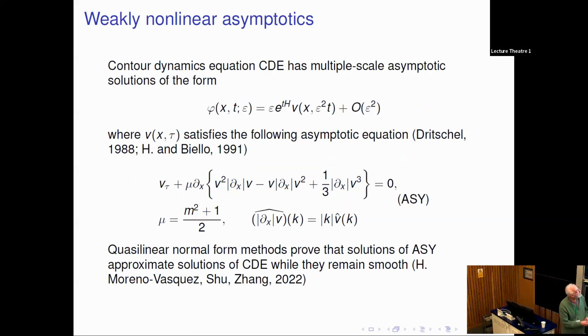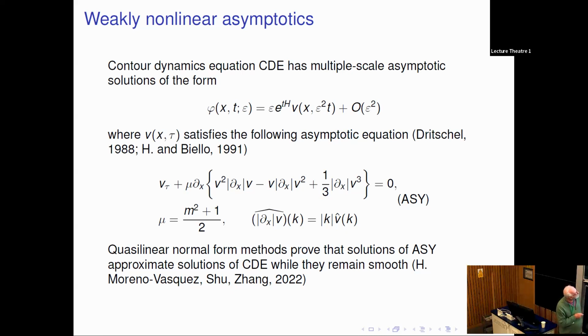All right, so let's do some weakly nonlinear asymptotics. Here's the solution. We'll look at solutions of size epsilon. This is the linear part taken out, the oscillating profile. And then instead of the f, we have some profile, which I'm calling V, depending on x. So V of x is the profile that's oscillating up and down, and then it's getting modulated on 1 over epsilon squared timescales, because the nonlinearity is a four-wave cubic type nonlinearity. And you get the following asymptotic equation for how the profile evolves.